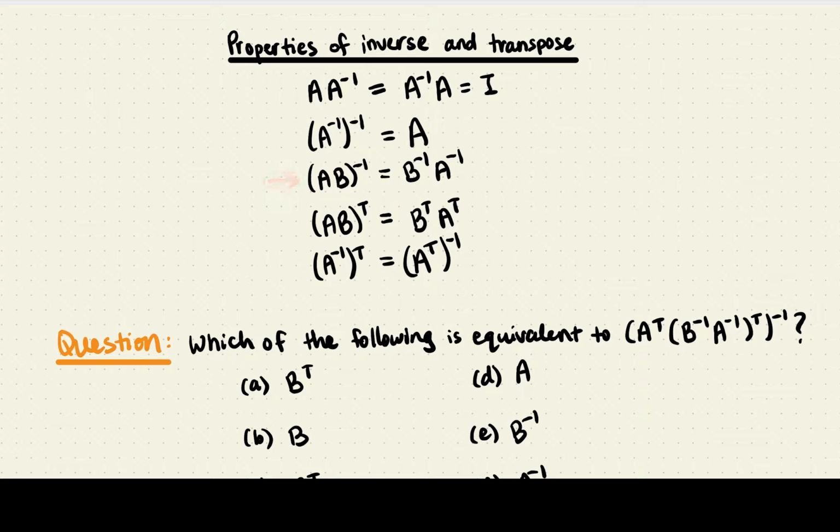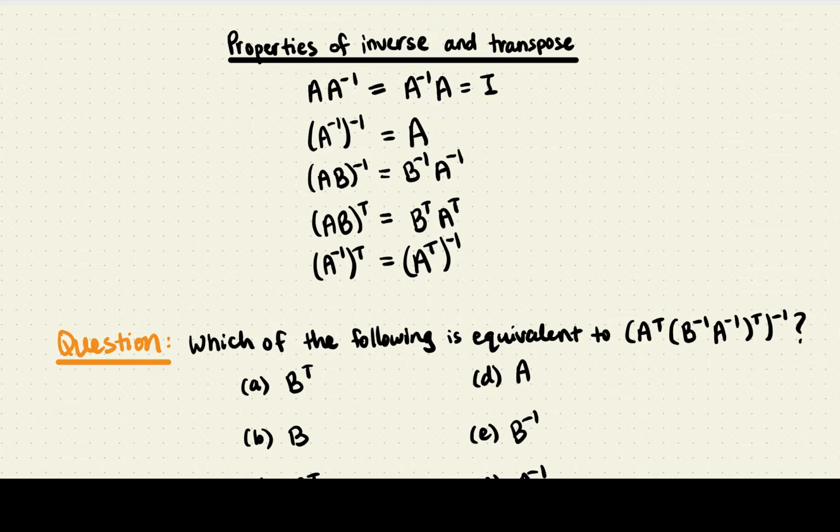The third property says that if you take the inverse of a product, that's going to be equal to the product of the inverses, but you have to switch their order. So remember that matrix multiplication is not commutative, meaning that in general, AB is not equal to B times A. You can think of some specific examples, but this doesn't hold in general. So that's why it's important when you look at this type of property that the order of this multiplication does matter. All right, so the inverse of the product, A times B, is equal to B inverse times A inverse